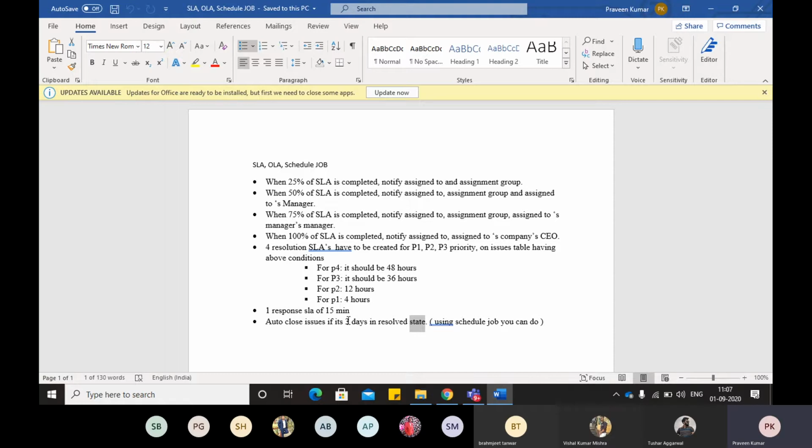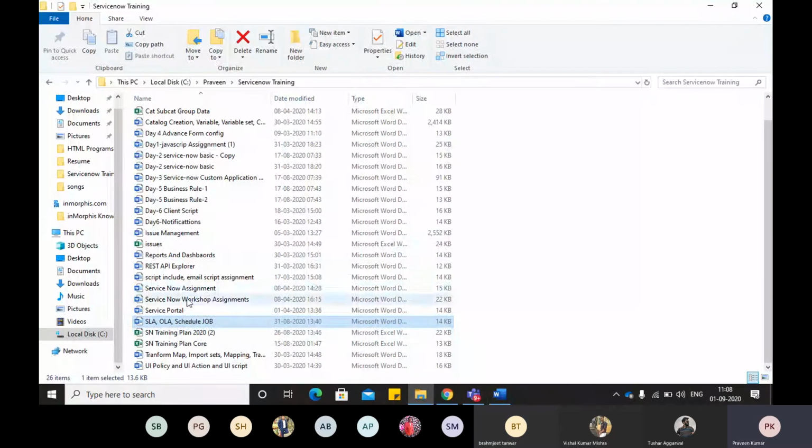So first of all, you should have a field, in which you will capture the timing of the resolution, right? After that, you will create a schedule job. That schedule job will hit all your issues, right? And it will check which issues have completed their 3 days. If those issues have completed their 3 days, then set their state as close. Okay. Yeah, okay, got it. Yes, that way it will work.